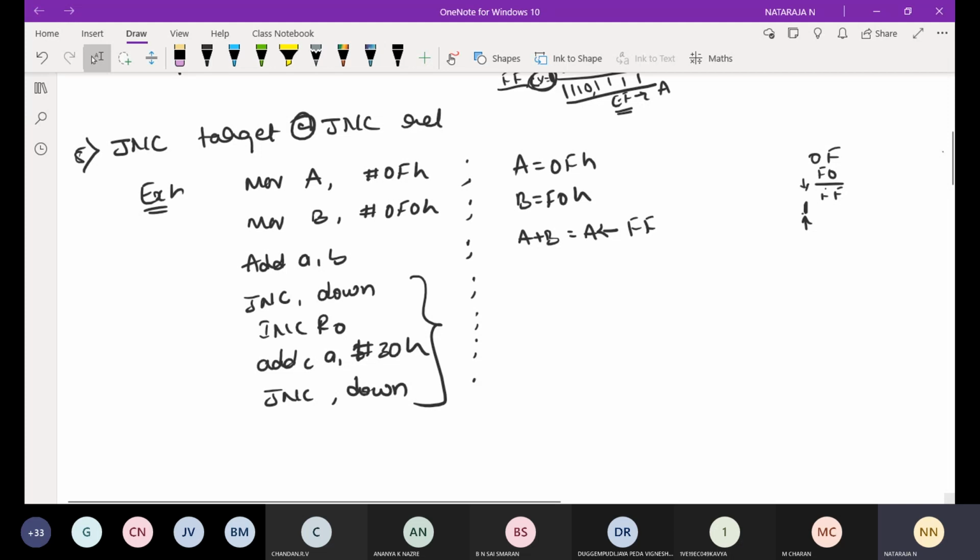I will just explain. You have to write the examples and the execution part. I think no one has copied. It's a waste of time for me and you also.